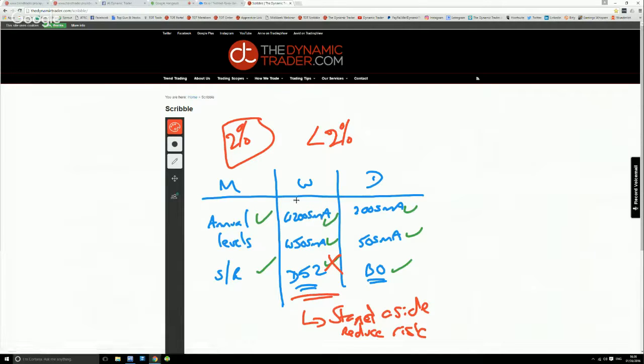And let me say this to you. Look how many factors I'm looking for. I'm looking for 9 factors. This support and resistance can be broken down into 2 further points. So I've got 1, 2, 3, 4, 5, 6, 7, 8, 9. I've got 9 factors that need to be met for me to have an edge.